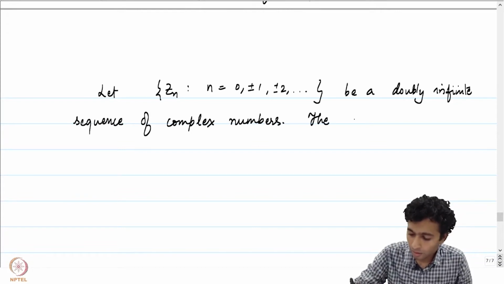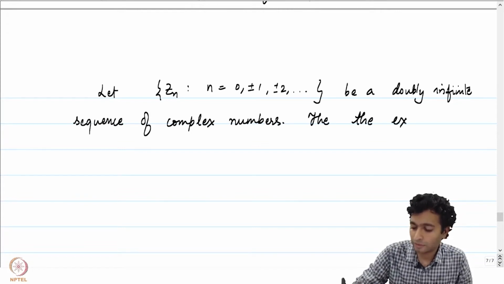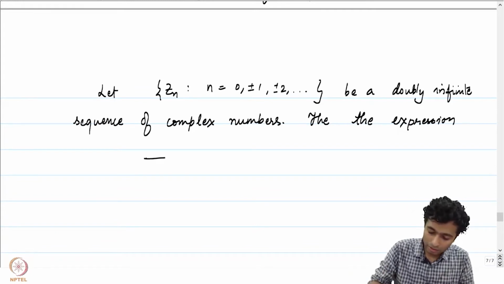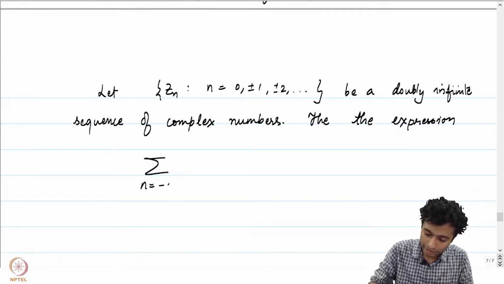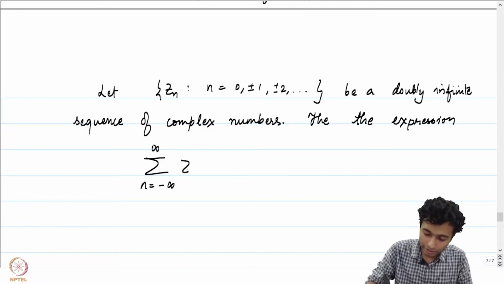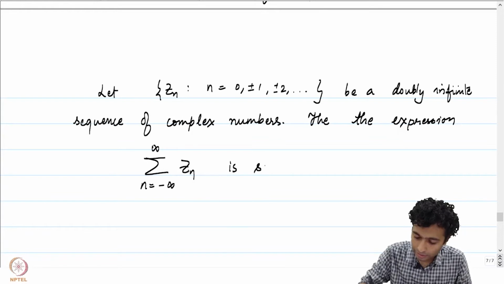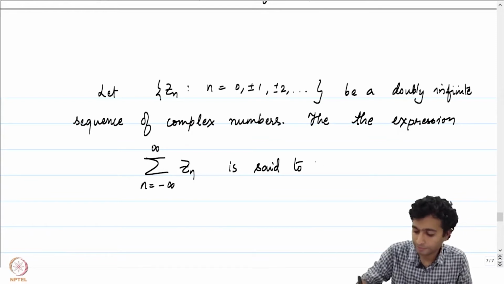Then the expression summation n equal to minus infinity to infinity Zn